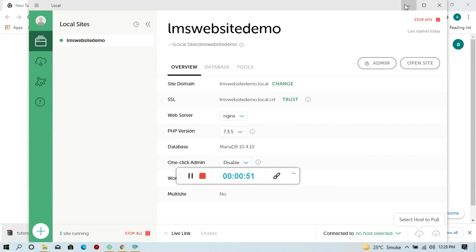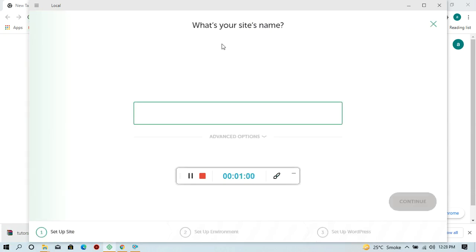Now I'm just creating a folder inside this drive. So I'm putting the name of the website which I'm going to create today, that is LMS website 2, right?